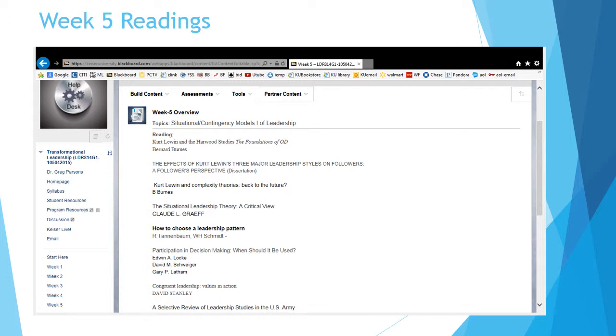Well, for leaders to constitute change, to affect change, they have to be able to make change happen in their followers. So this is actually important background to have. We'll also be looking at the Tannenbaum and Schmidt, who are the developers of the continuum, and we'll be ending up with Fiedler, who also is an important contributor when we get to contingency theories. So a few more readings this week, but that's to be expected because the field is getting richer. The field has more contributors to it. There's more things to look at, even though we're staying within a particular framework of models.